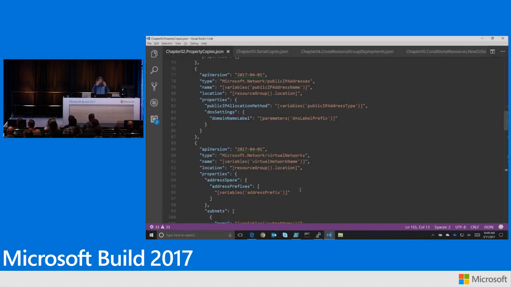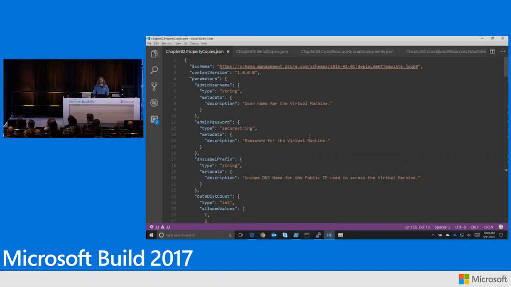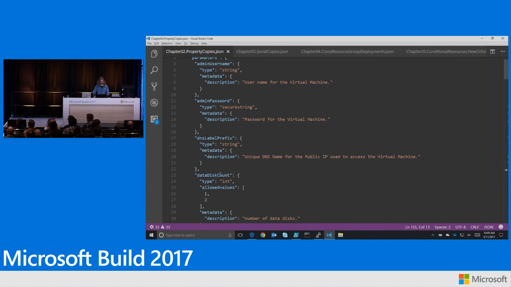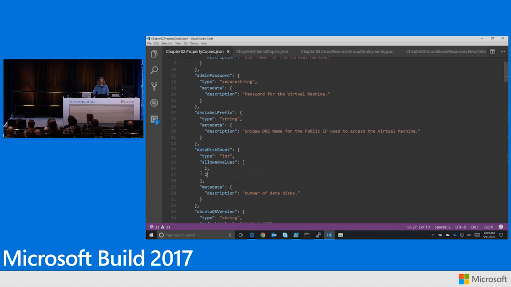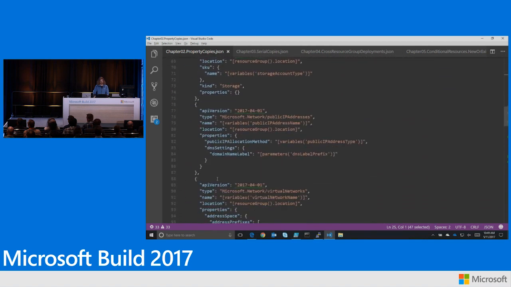So what I'll do is I'll pull up Visual Studio Code. This is a very simple template for a single VM. However, what is different is we have an input called data disk count. It is of type int and allows values of 1 and 2. If I scroll down in my template,